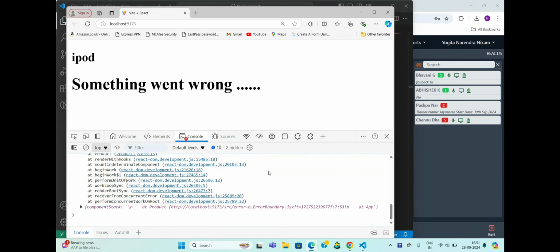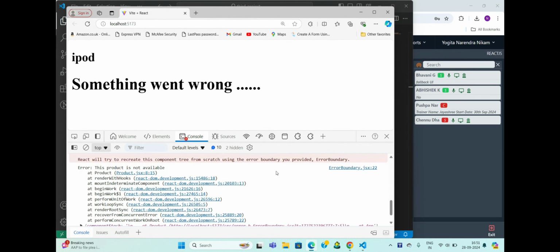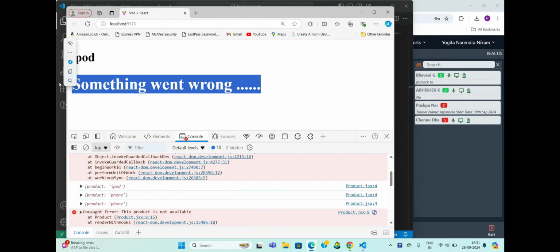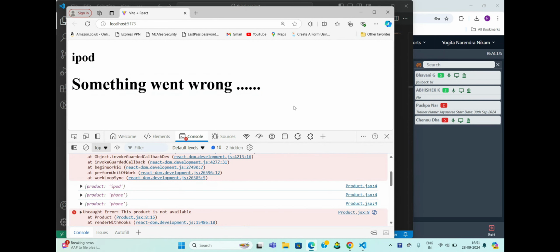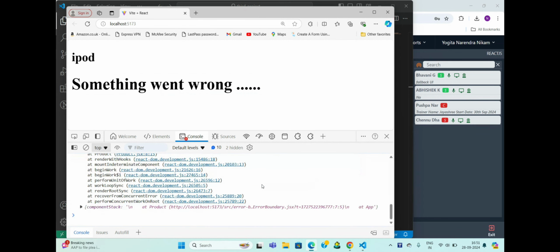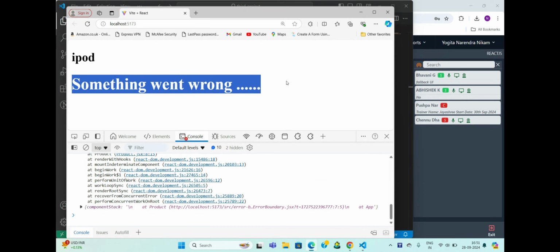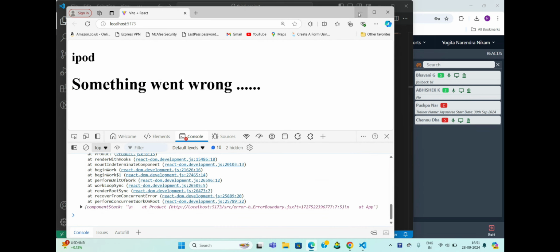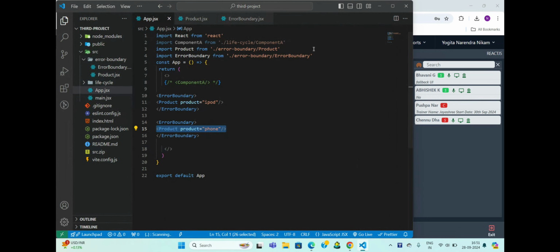Once you go to the production phase, and if you run the same code there, you won't be getting a console window. Why? Because you have already handled it. Okay, so because you are in the development stage, you will still see the errors, but remember you have solved it with the help of error boundary. And once the problem is resolved, again you'll get back your UI, correct, with the help of props.children. So in this way your error boundaries work. I hope you guys have understood error boundary.